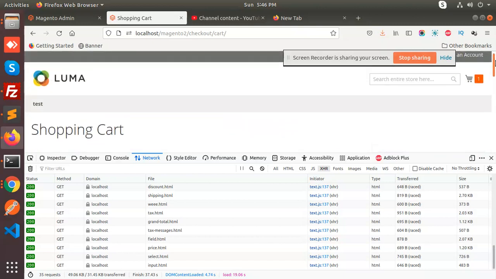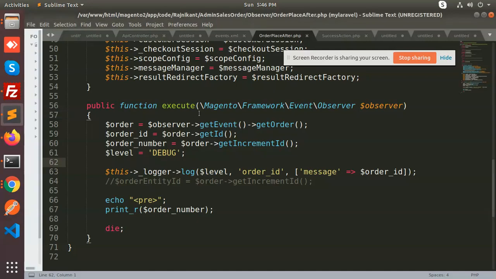No message is still there, and it will redirect to the cart page. That means this observer is definitely hitting. So let's check. We have the logger, order ID, message ID. Is it logging or not? If it is logging, that means it is working.